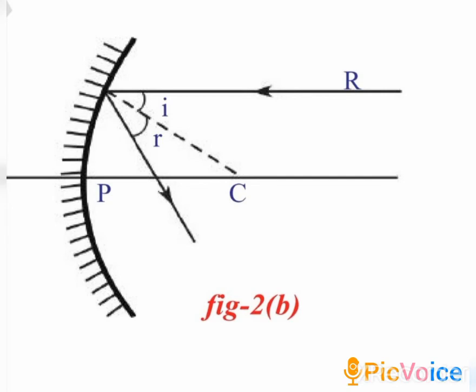We have learned two rules, right? The first rule is that if the ray passes from the focus and is reflected, the reflected ray would be parallel to the principal axis. The second rule is that if the ray passes from the center of curvature, it will reflect in the same direction. And this diagram is with respect to the third rule. Look at the ray denoted by R in the diagram. It is parallel to the principal axis, right? So if the ray is parallel to the principal axis, the reflected ray would pass from the focus. So remember these three rules very well, because this helps you to understand the entire unit perfectly.